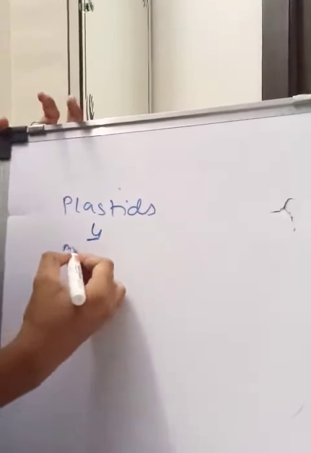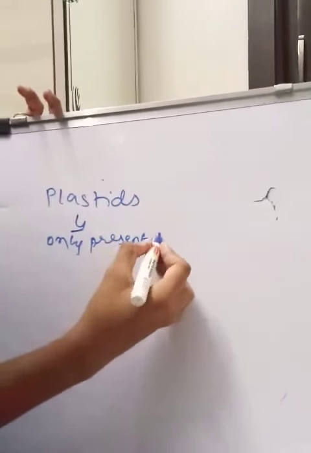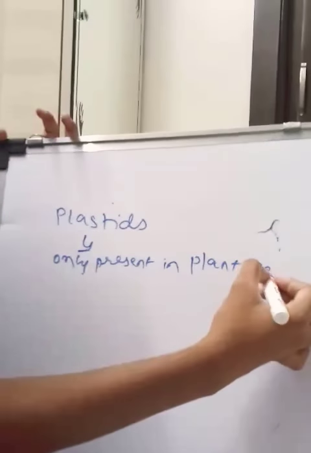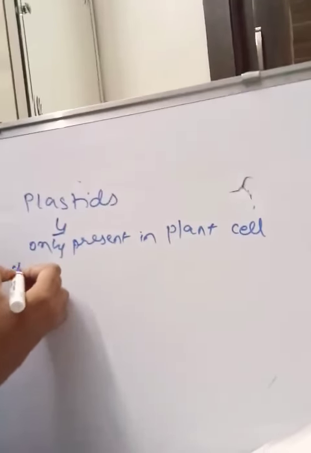Plastids are firstly only present in plant cells. There are three types: chloroplast,